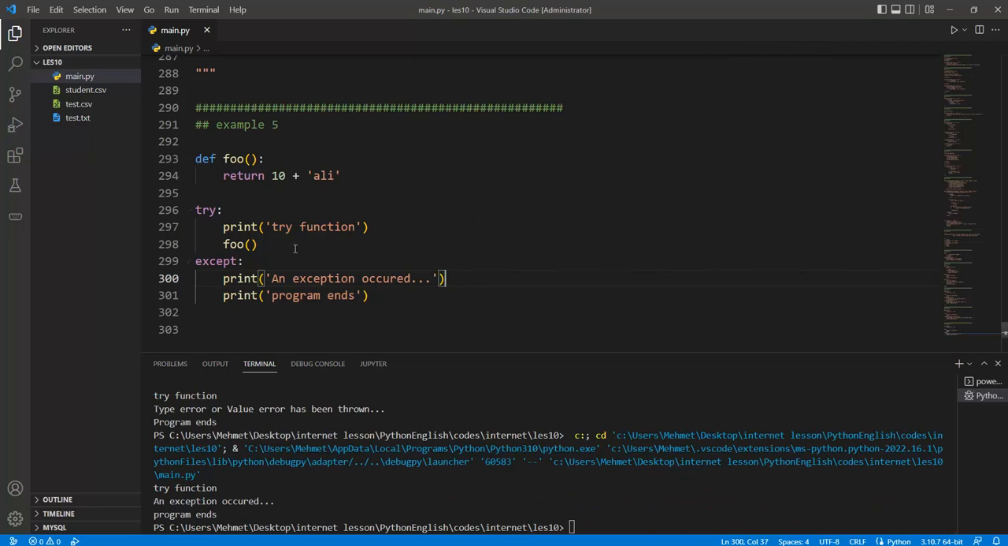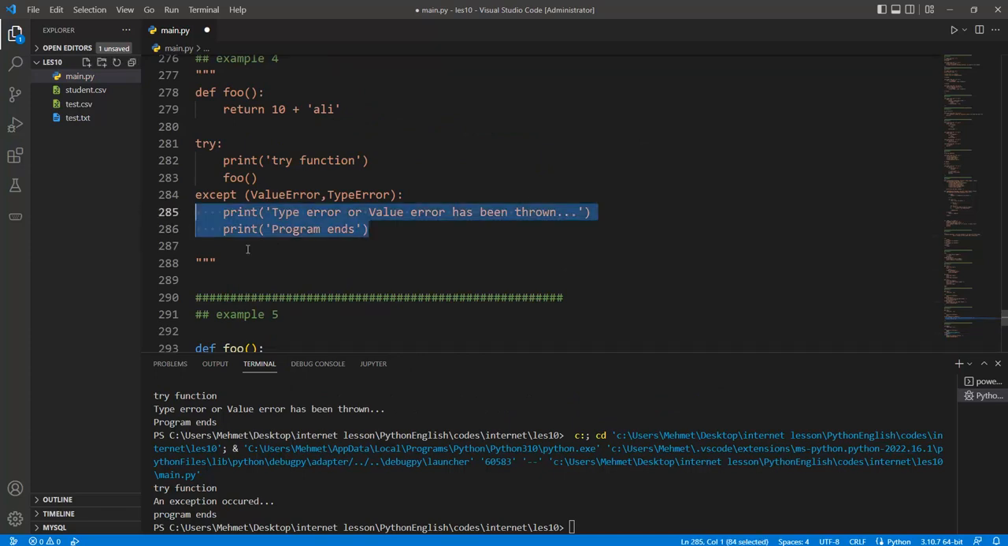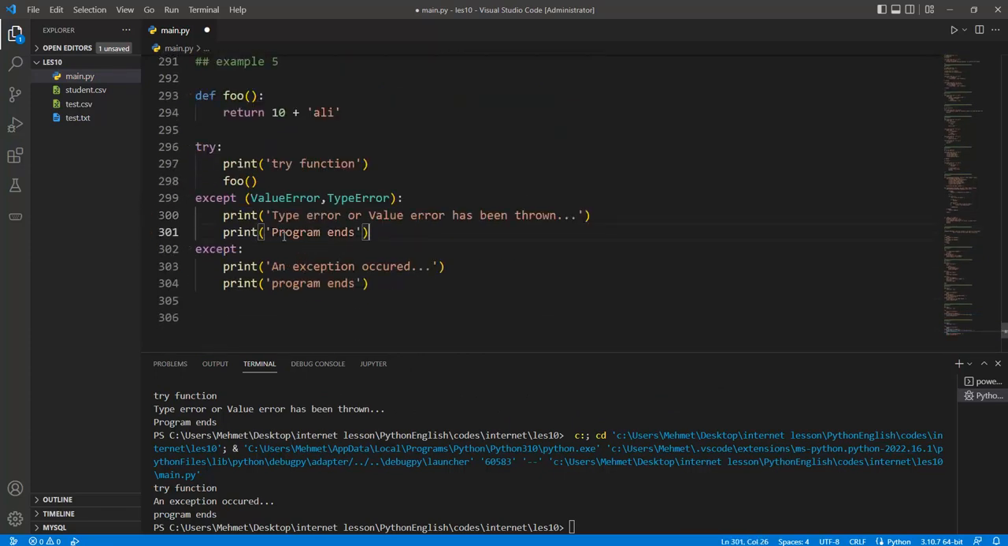Okay, or we can add some exceptions like this one, the value error and type error can be given in here, the print, or we can copy all of these things in here like this one, and so these two exceptions can be used at the same time. Okay, but if I run this code, and so type error and value error are specific, and so this is thrown in here, not this one. If it does not have the value error and type error, and so this exception is called. Okay,